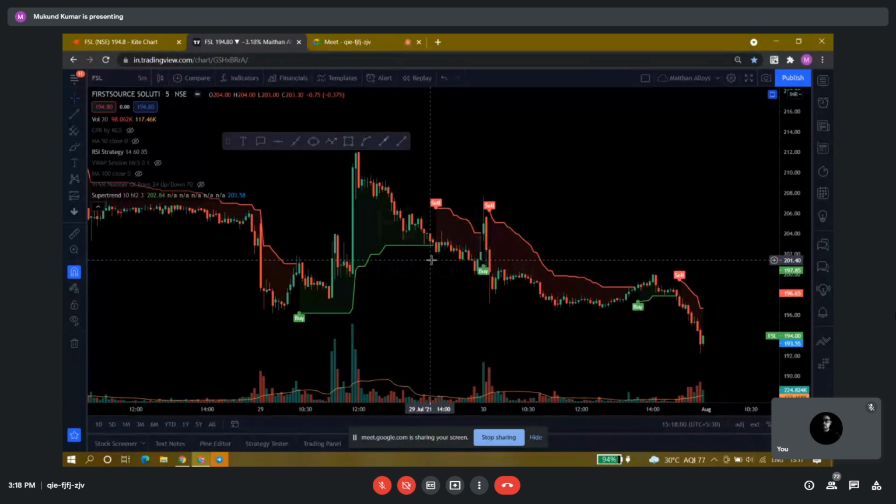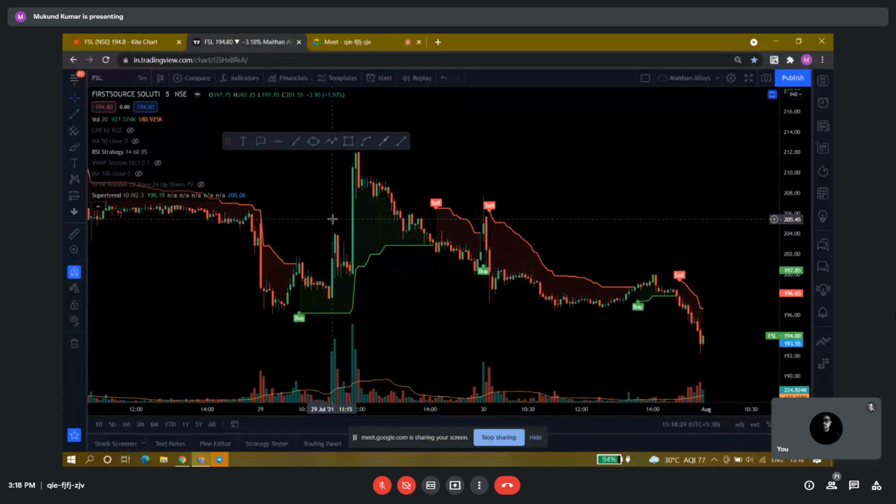You will wait for the first target to be achieved, and thereafter you can follow this Supertrend trailing stop loss. Even after that, if the stock is in consolidation, you will blindly follow this Supertrend trailing stop loss. There is no issue. It will work even in those cases also. Not an issue. Okay, thank you.